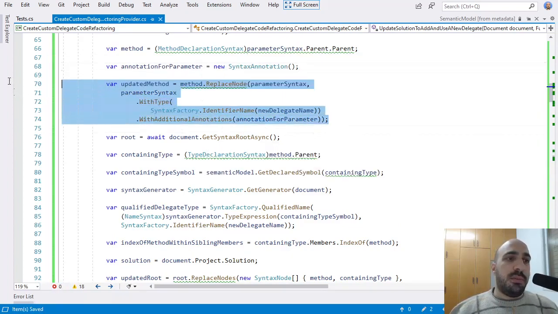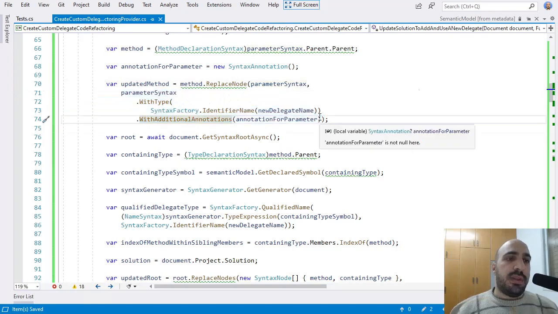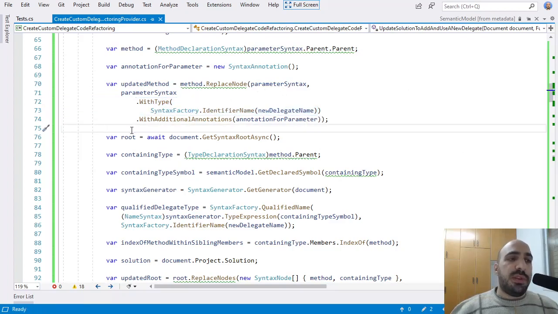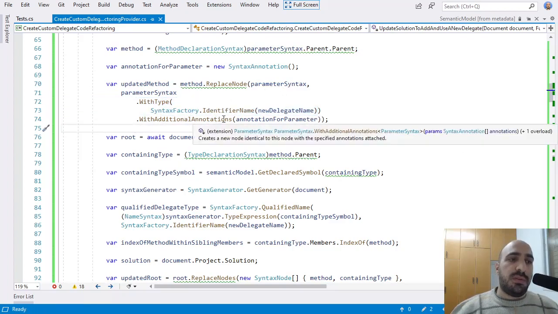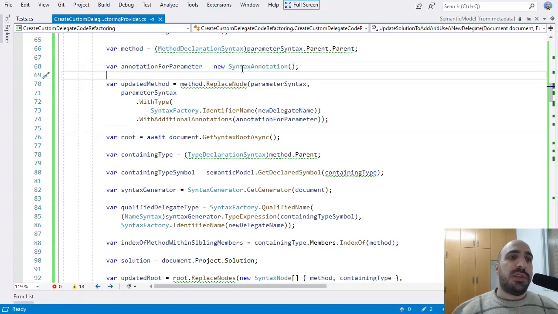So here when I update the method, I'm replacing the parameter syntax node with an updated version of that node that has the type changed as before to make the parameter type be the new delegate, but then I'm using this WithAdditionalAnnotations method to basically tag this parameter syntax node. So once we annotate a syntax node with some annotation, we can search for that node using this annotation. So basically I can do something like this.